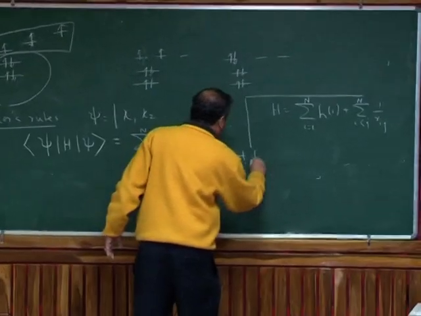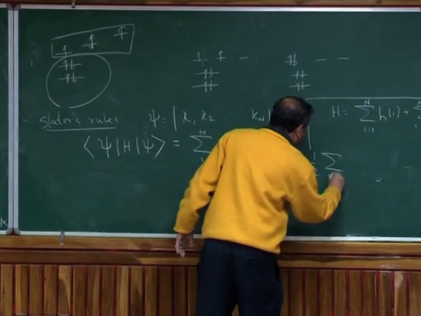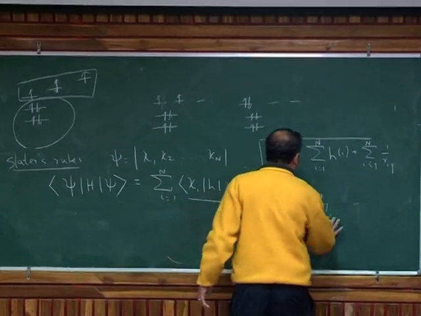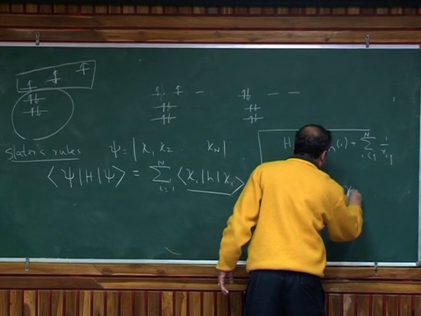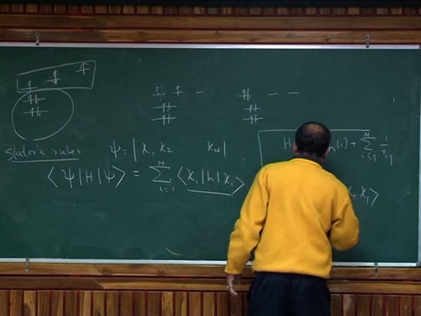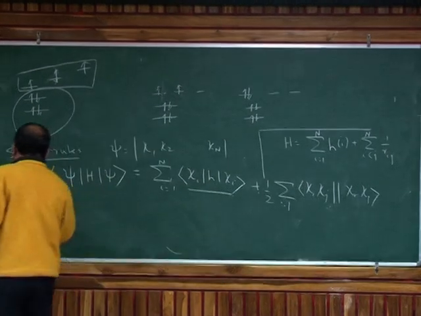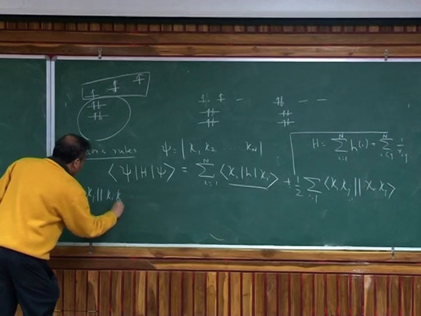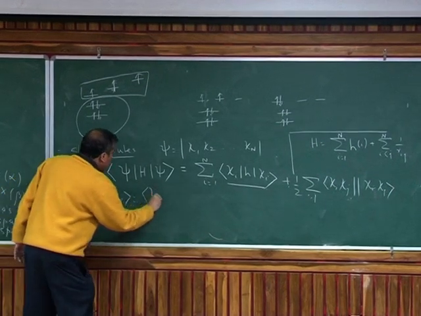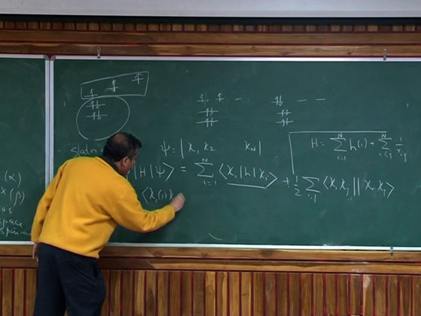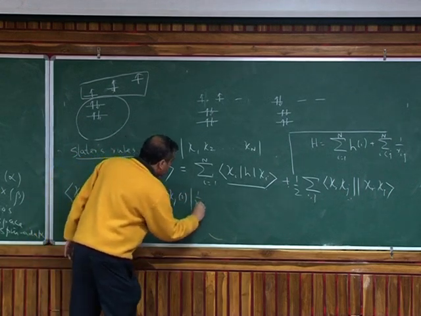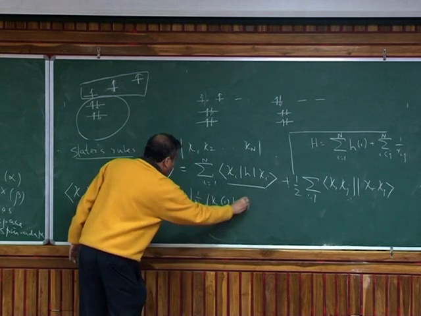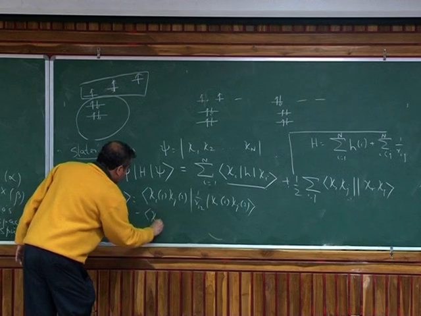Plus half of the sum over i and j. Again, these i and j are now spin orbitals, χ_i χ_j, the two-electron integral, antisymmetrized. I will explain what this is. The antisymmetrized ⟨χ_i χ_j||χ_i χ_j⟩ is nothing but χ_i(1) χ_j(2), 1 by r_12, χ_i(1) χ_j(2), minus χ_i(1) χ_j(2)